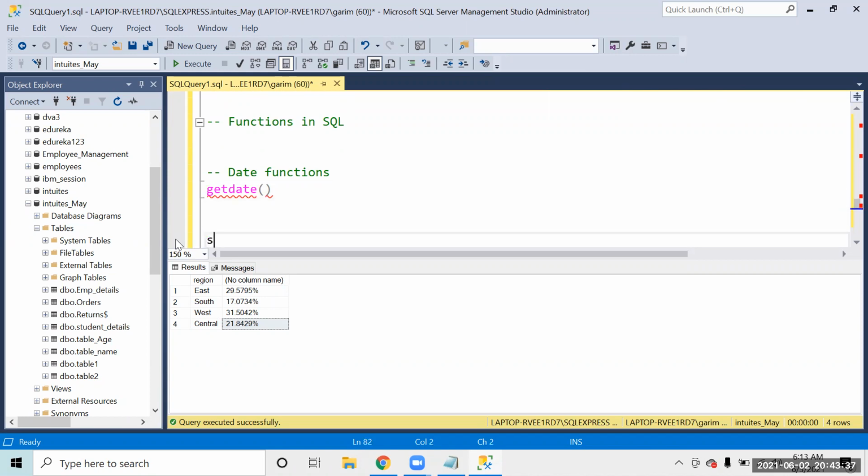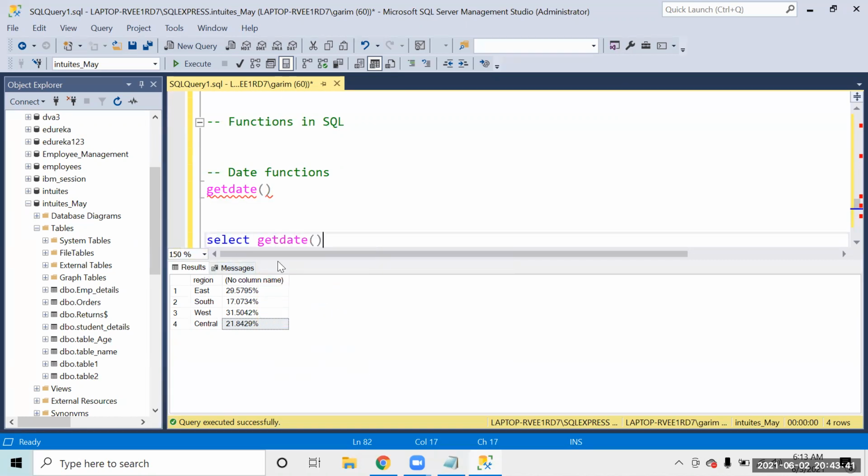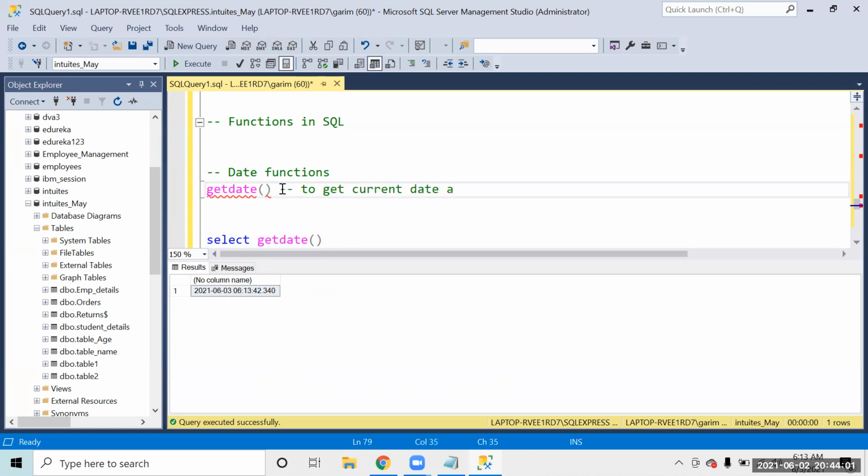So if I say select GETDATE, this function will pick up the date and time. Today is 3rd of June, time is 6:13, 42 seconds. So this picks up the current date and time for us. So you have this GETDATE function to get the current date and time.